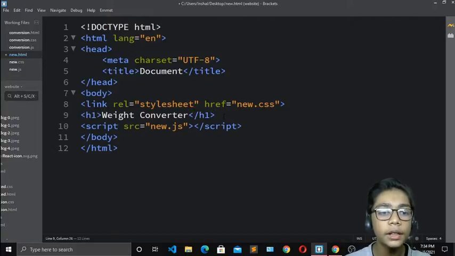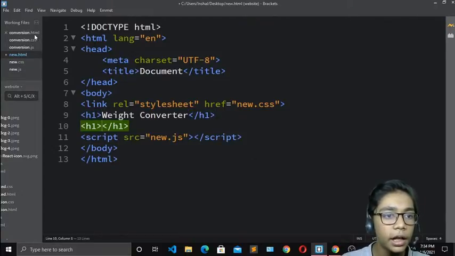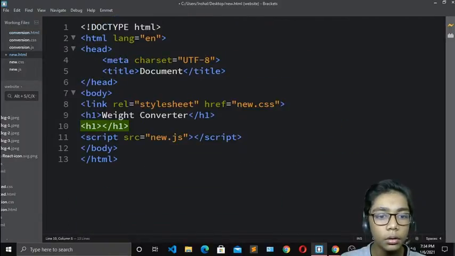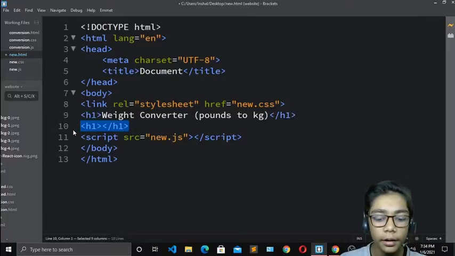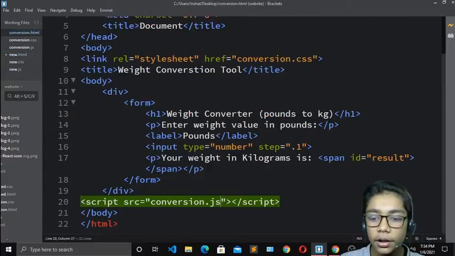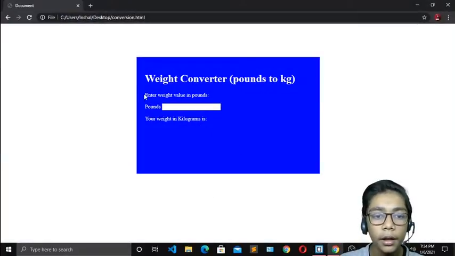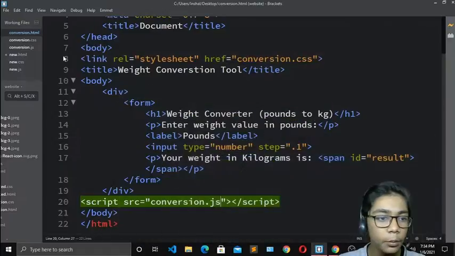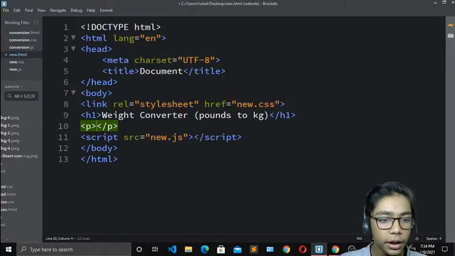And here you have to do one thing: write an h1 tag, and over here you can see it says pounds to kg. I will copy this and paste it there. Now when you have done that, write a p tag, go to the conversion again, and copy these things. Control C, come over here, go to new.html and paste that.